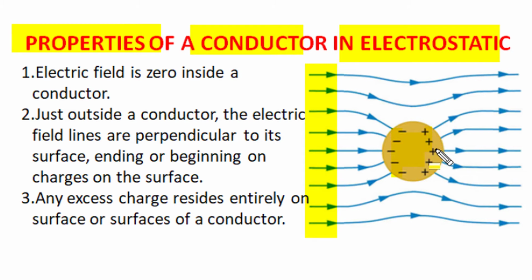Just outside the conductor surface, electric force lines, whether they end on negative charge or start from positive charge, are always perpendicular to the surface. All induced charge by polarization or excess charge given to a conductor resides only on the surface, and there is no charge inside or in the internal position of a conductor.